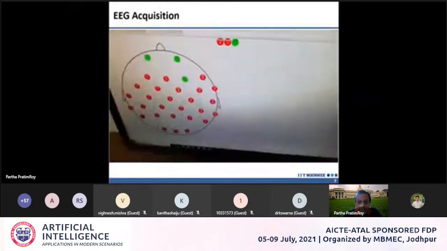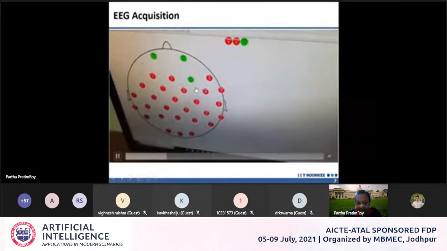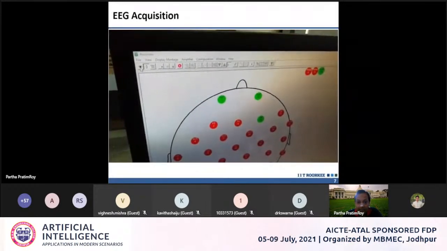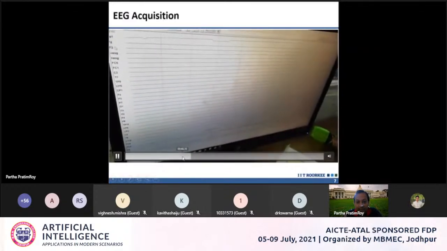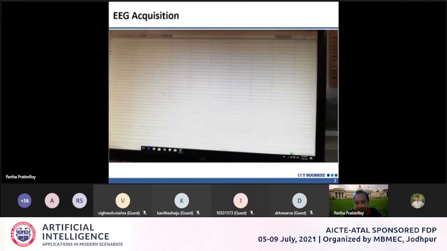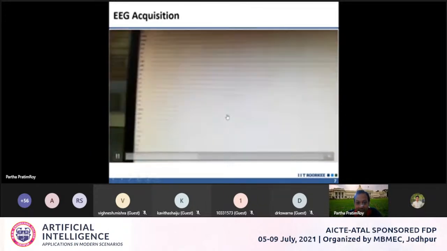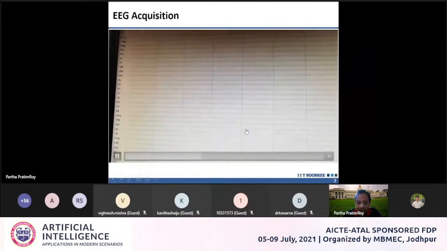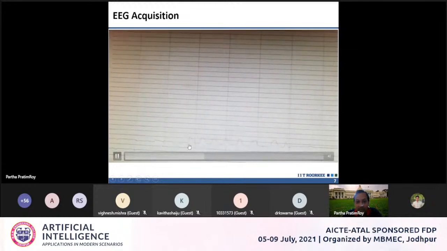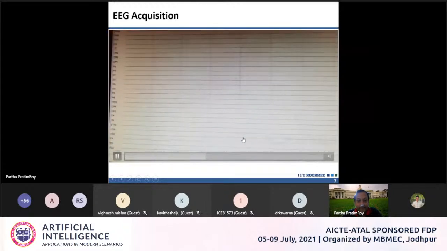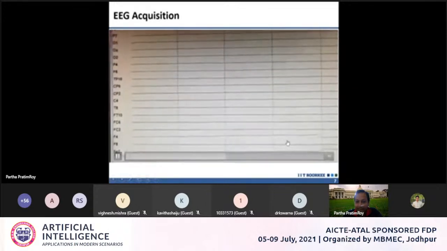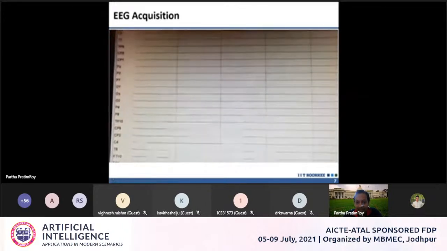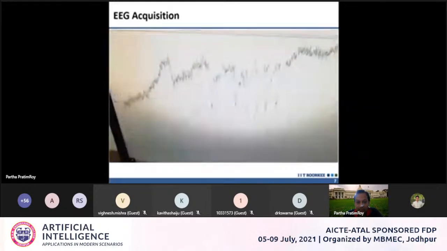So when it is connected, it will be shown in green color. Fine. So you'll see that when it is green, it starts giving you the signals. As I said, this EEG will start giving you the signals of the location of the brain. Okay. So you see some signals. When one is not doing anything, this electrode will be silent, and if there is some activity, it will give you some movements.